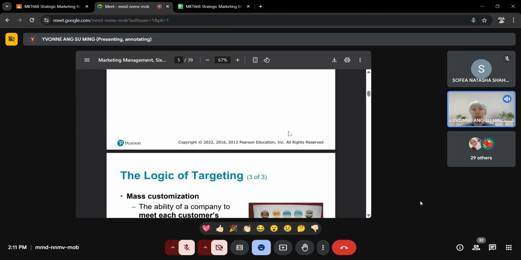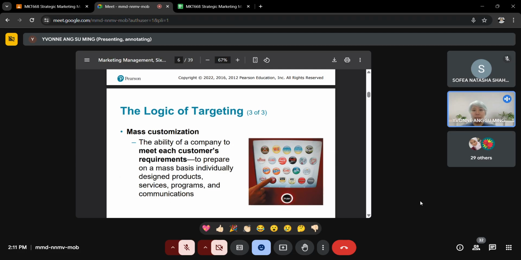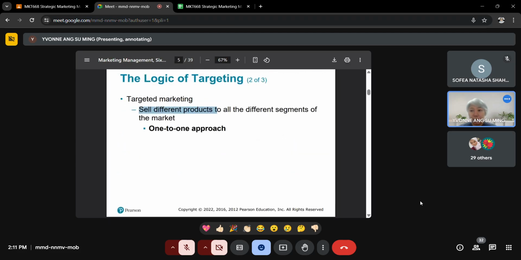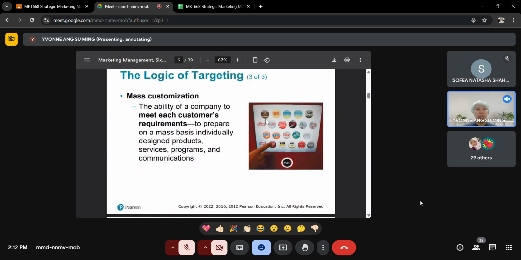Okay, so this is a one-to-one approach. You can see that some organizations do have a wide variety of products. They think that their array of products can go after different segments. If they do have that, then they can go after this targeted marketing. So you can start to see already a lot of the choices they make in terms of the targets that they actually choose,